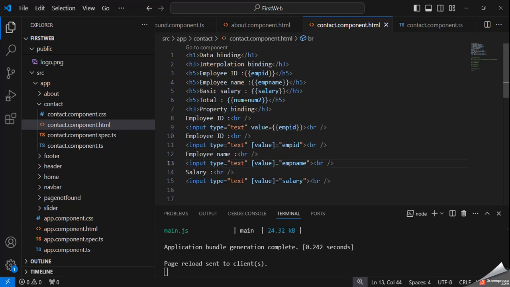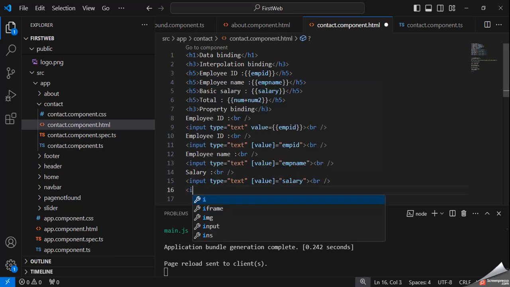But you may ask, what is the difference between interpolation binding and property binding? For this purpose, I'm going to create a submit button.